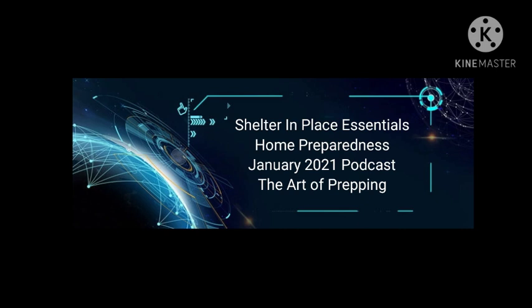The first thing that I think of is water. That's a pretty big deal. Now, shelter is a big deal too, but if you're sheltering in place already, you already have a roof over your head, so you don't have to worry about that at the moment. We'll get into more things that have to do with shelter in a little bit. But when it comes to water, you can't go very long without it, and you're going to have big problems, right? As a rule of thumb for sheltering in place, I would say 2 gallons minimum per person